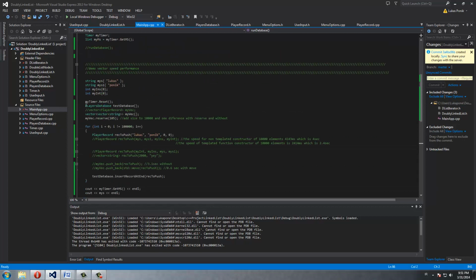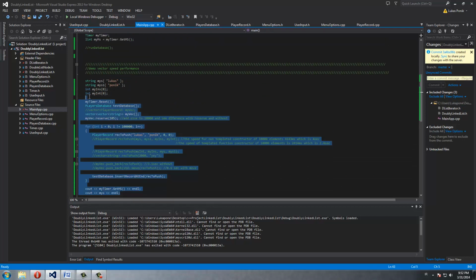So now I think I covered everything that I wanted. This is just the run database, simple